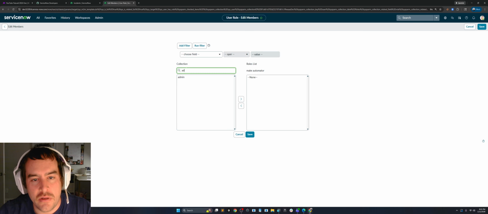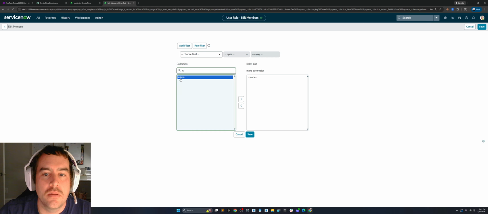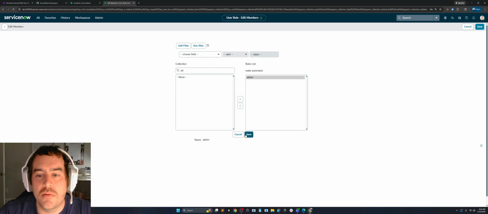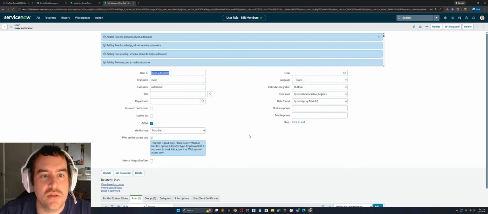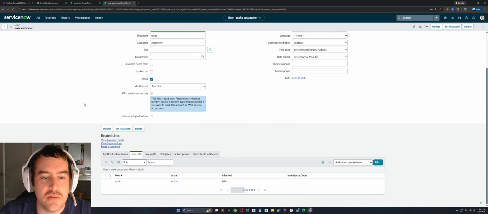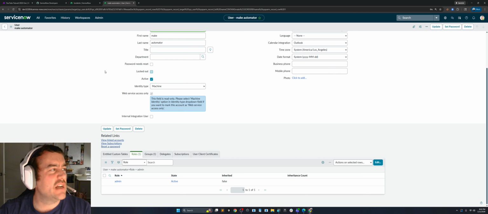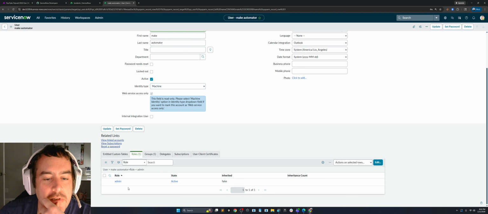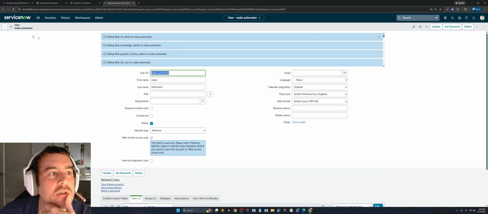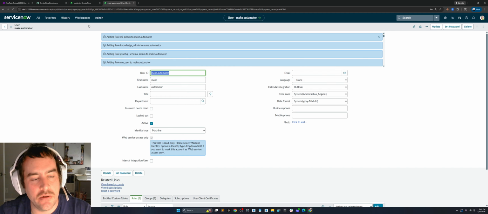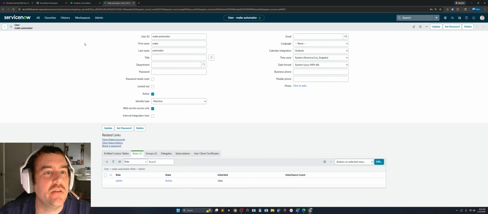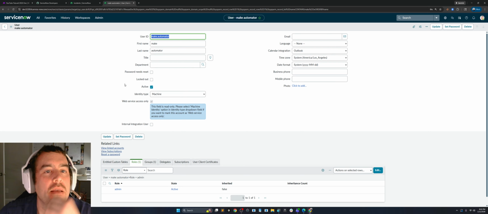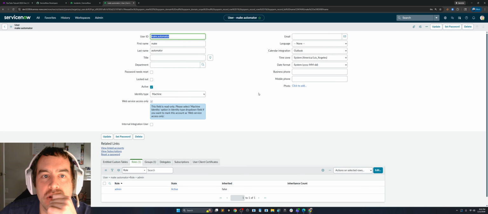Then we type in admin. Yep. And this will just give this account all the permissions it will need to create an incident ticket, which we'll use for this workflow example. So we gave it admin, and in ServiceNow, this little gray bar at the top here, you can right click and hit save. And I think that's all we need for the